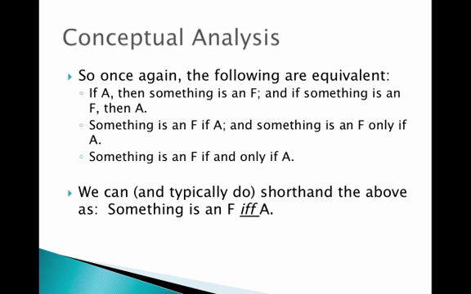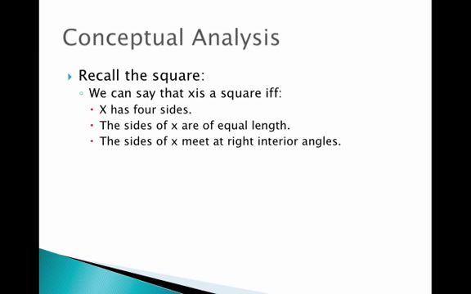So once again then, the following are equivalent. If A, then something is an F, and if something is an F, then A. Something is an F if A, and something is an F only if A, and something is an F if and only if A. So we can and typically do shorthand the above as something is an F, IFF, A. Recall the square. We can say that X is a square if and only if